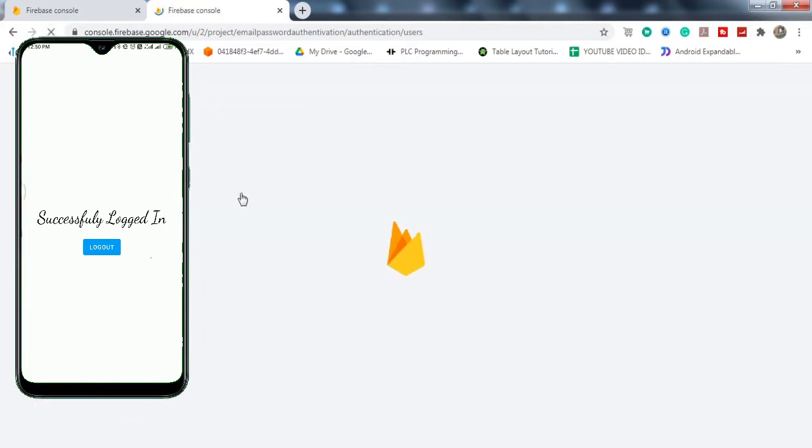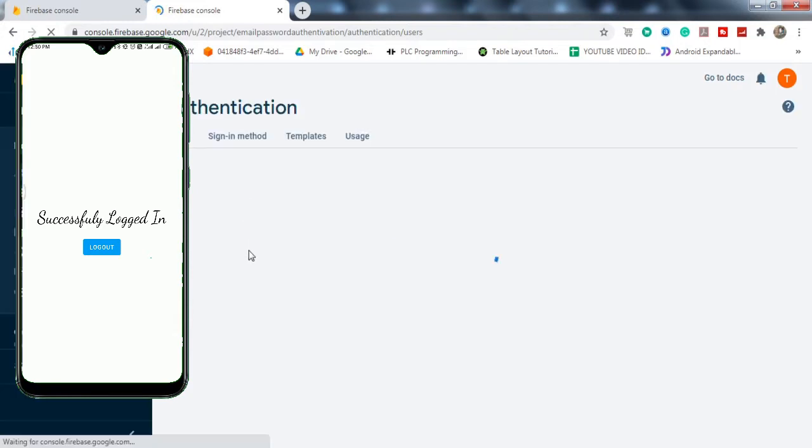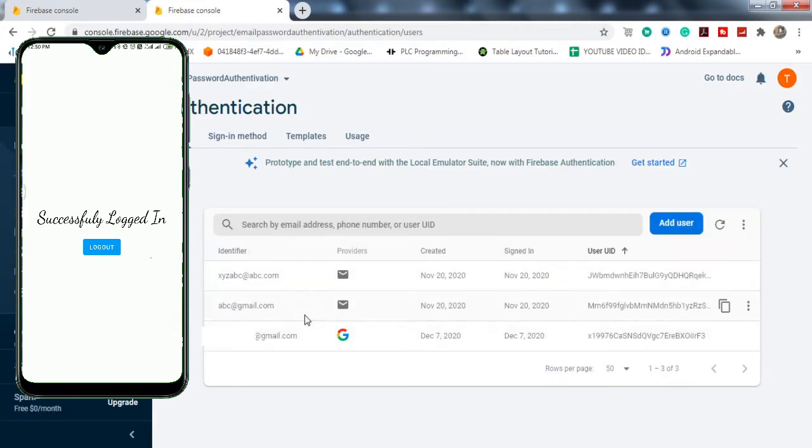So if I refresh this, you can see a new email, a new user has been added to the authentication. And here you can see the Google sign. So that means we have successfully created the user and logged in using that account, right?